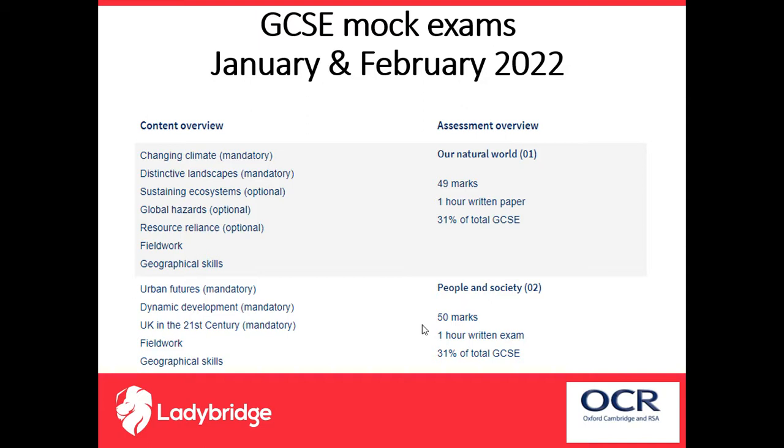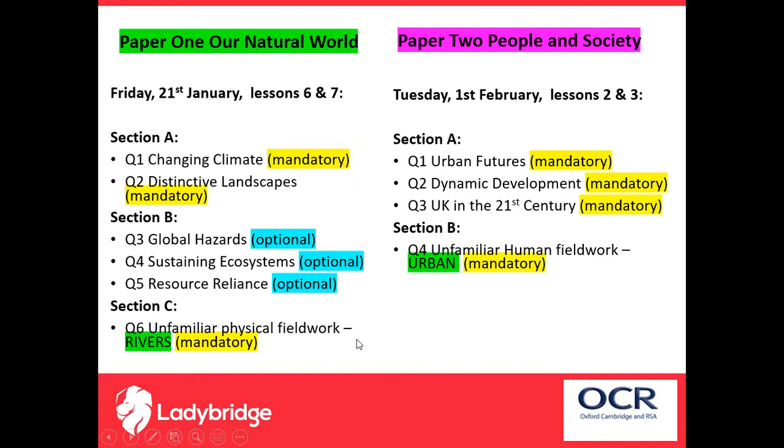And as you can see on the screen, there's a breakdown of how many marks and what percentage of the final GCSE the paper 1 and the paper 2 entail. The paper 1 is 49 marks and the paper 2 is 50 marks. To break down the exams even further,